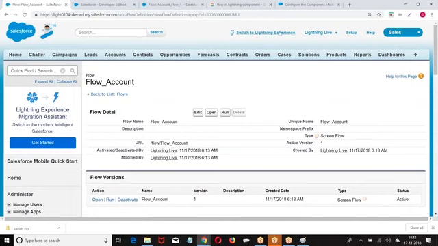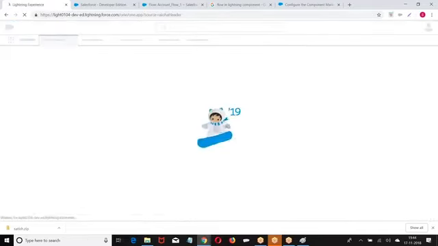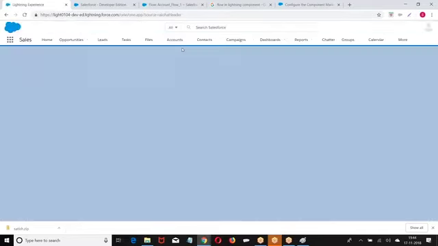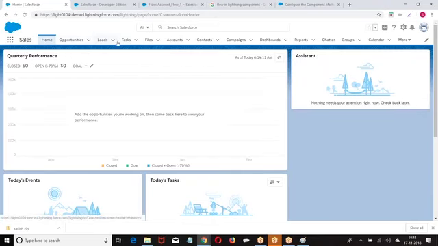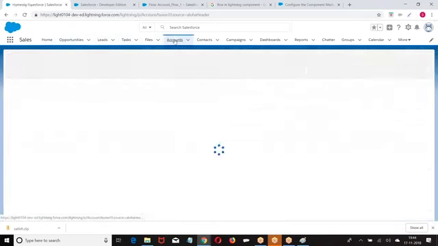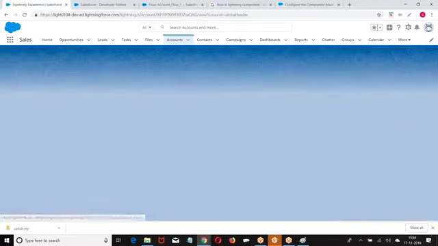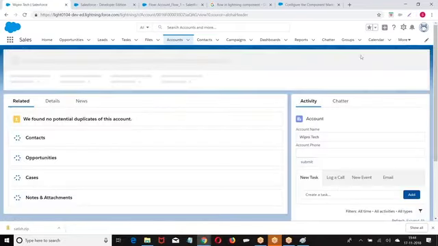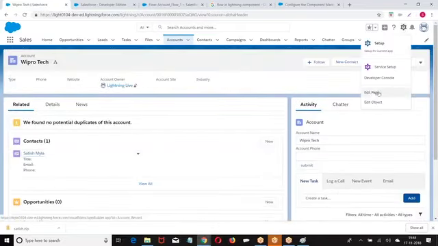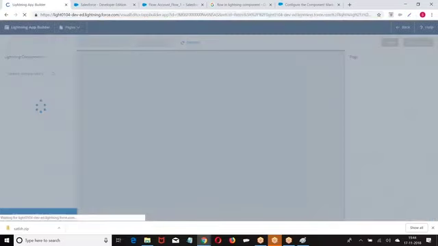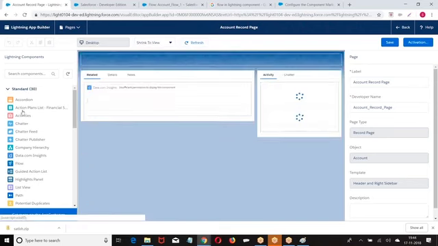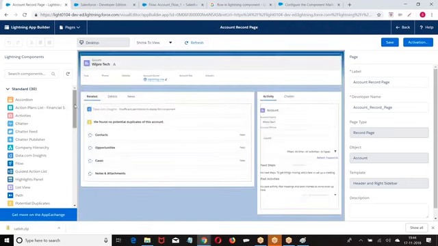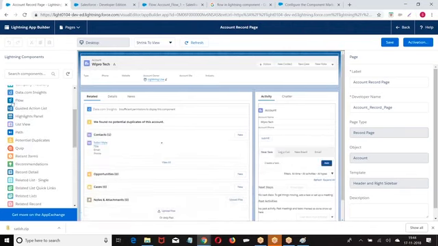Then what I'm doing, this flow I want to include on the record. Then we have included like a button. Here we want to include like a, go to any one of the record, go to edit page. Hold on, what are you finding here?